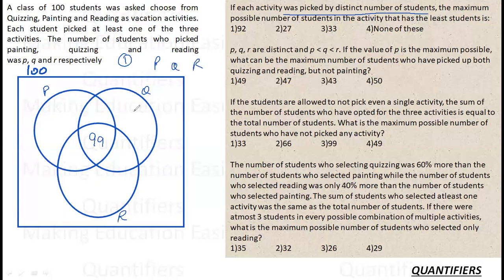For example, if I keep it here, Q will become 100, P and R will be 99. If I keep the one, let's say, here, then my P and Q both will be 100, R will be 99. Which means with 99 also I cannot optimize. Let us keep it at 98. Now, if I am keeping it 98, all the activities are 98. 98, 98 and 98. Now 98, 99 and 100. These are the 3 possibilities.